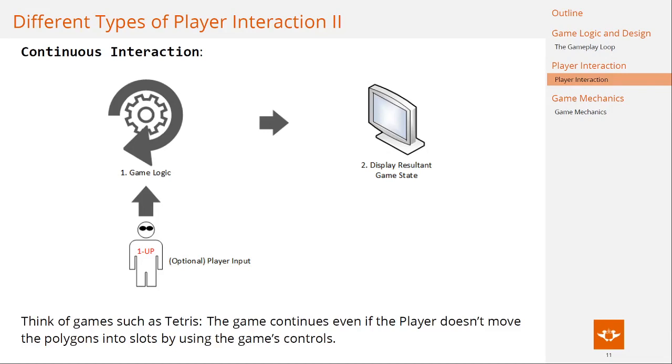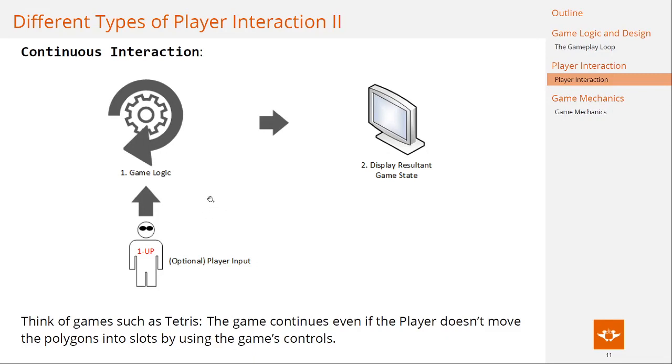And you need to then rotate them and slot them in to complete a full row. Once you've completed a full row, it will then remove the row and make it so that your tower of Tetris blocks doesn't build up to the top. Because once a block reaches all the way to the top, you lose the game. Okay, so we'll talk a little bit more about that later when we talk about some game mechanics,